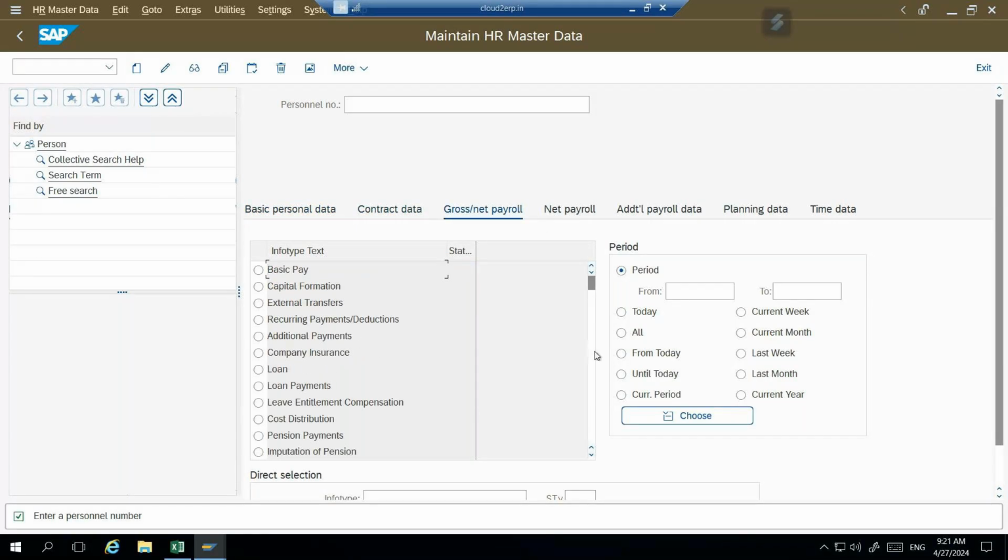Not that HCM is a bad product. HCM is a fantastic product, but some of the screens are from 1979. And these used to be remarkable screens in 1979. Come 2024, these might not look as appealing to you as they did in 1979.